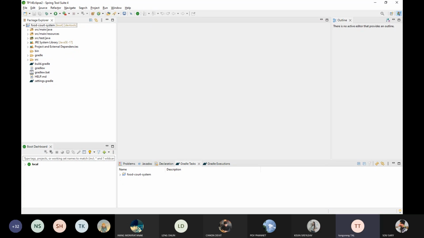And also the boot dashboard, you can see it represents a server. It's an embedded Tomcat server. So you don't need to add a server like in JSP. So you just click